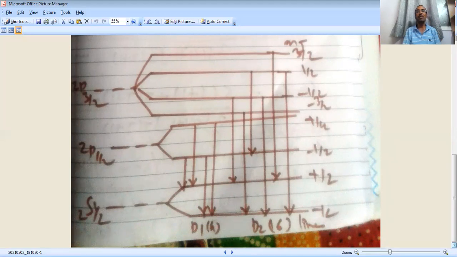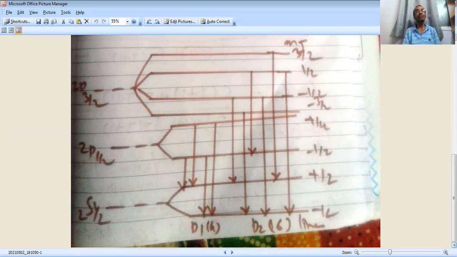Why? Due to the magnetic total quantum number mj. Where this mj comes, this comes from j. Where j comes, it is the summation of spin motion and orbital motion, that is j equal to l plus or minus s. Similarly, my friends, the two lines split up into six lines.